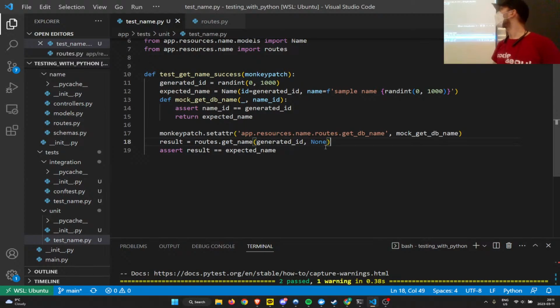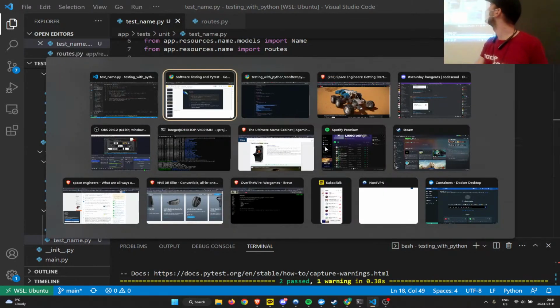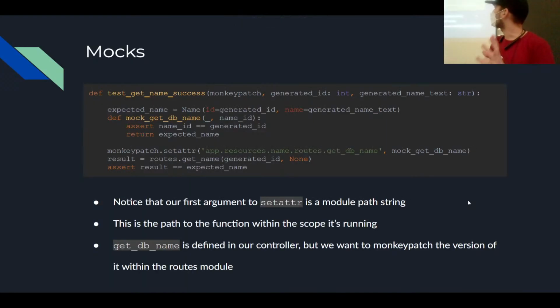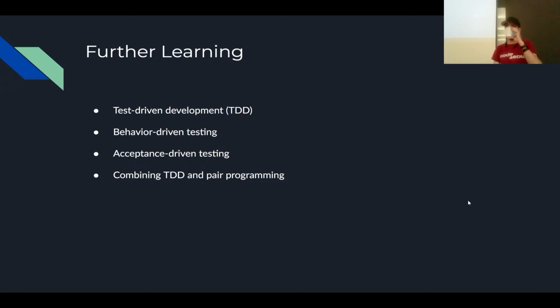Cool. All right, so today, wait, was there anything else? No, that was it. So if you want to go further down the rabbit hole, there's more practices that you can read about. You can read about test-driven development, which is, in a nutshell, just writing your tests before you write your application code. So basically, you write code that defines the requirements, and then you write your code to pass your tests.